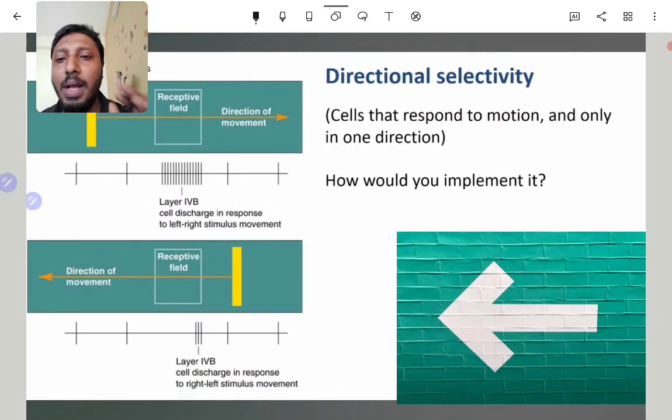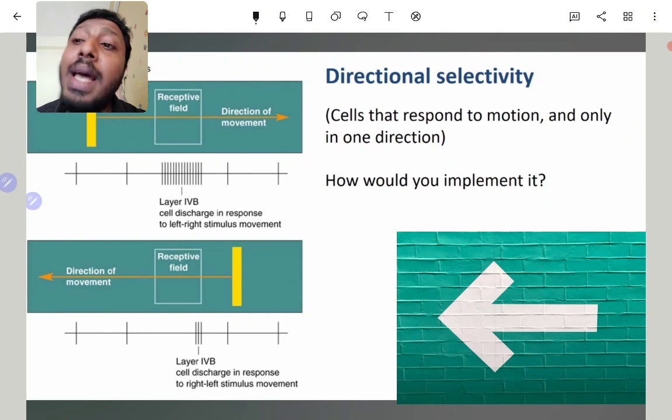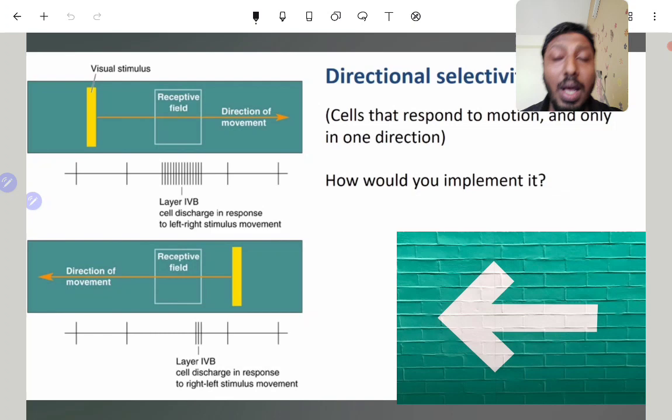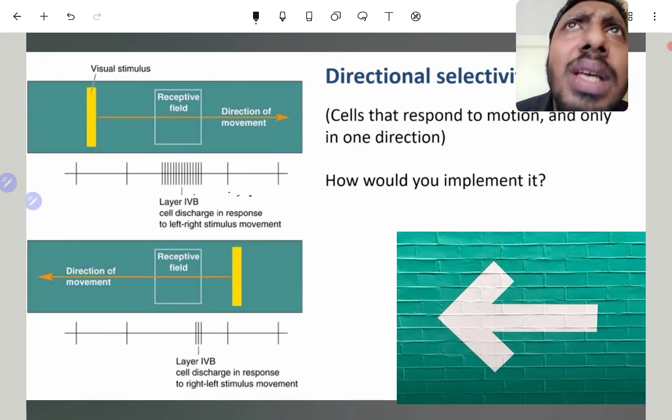Okay, now direction selectivity. I mean, watch the videos that I have linked in the first chapter. When we give light, how it goes, when we pass motion, how the cells are firing, and all these things. So watch these videos. That'll give you a better idea. This is actually not moving. You have to see it when the light comes, when it starts firing. You can hear the sounds, and it's awesome to see that.